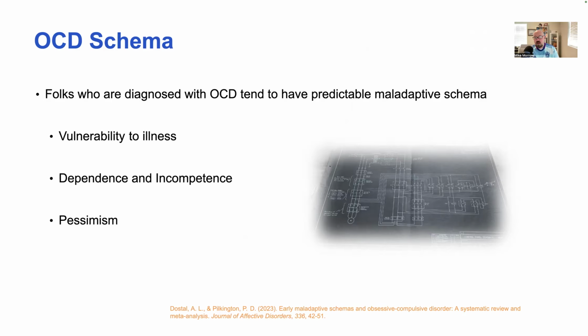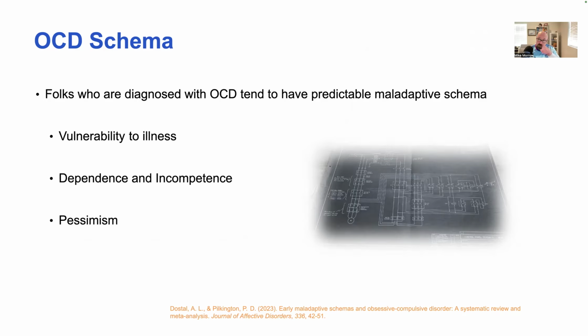These sorts of things. And so what we know to be true is that folks who are diagnosed with OCD tend to have predictable maladaptive schema. And these are three that stood out in one particular study I've cited at the bottom. Vulnerability to illness, a belief that they're more vulnerable to illness than maybe the general population; dependence and incompetence schema, which is interesting. So the idea that they are more dependent on others and more incompetent than others in any particular part of life,